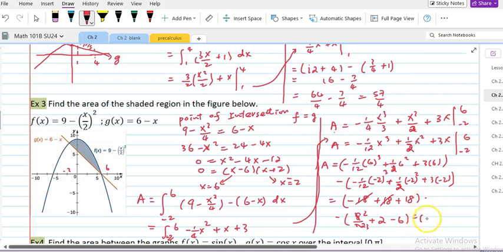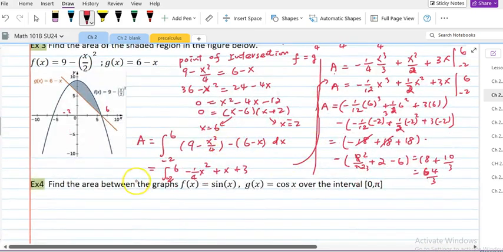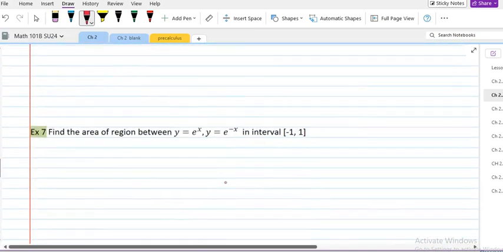So that would equal 18, 2 over 3 minus 4. Negative 10 over 3 plus 10 over 3, because it's negative 10 over 3 is a subtract, so it will be 54 over 3 plus 10 is 64 over 3. So that is the area between the two,